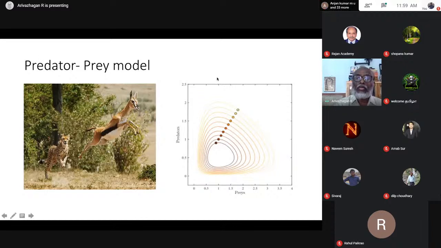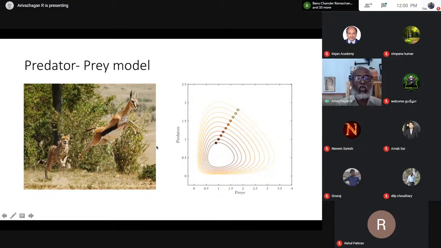So, if you see this graph, it's a very nice graph. This is a solution of one equation. Before we enter into that mathematical equation, you can easily understand the interaction of prey and predator. This is the population of predators, this is the population of prey. You start from here, you see this horizontal line. This line denotes the increase in the population of prey. It is going on increasing.